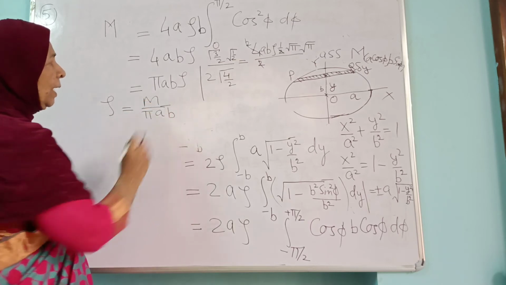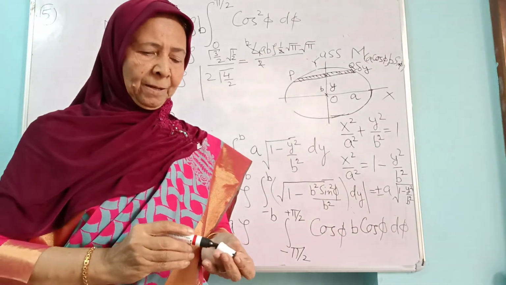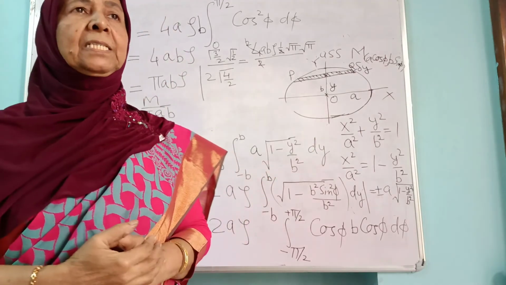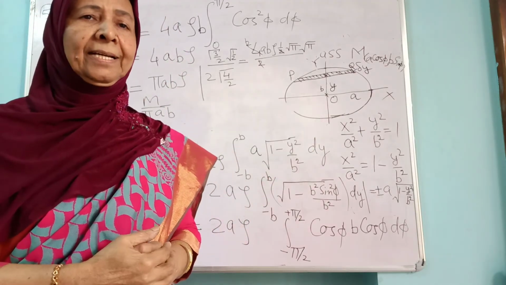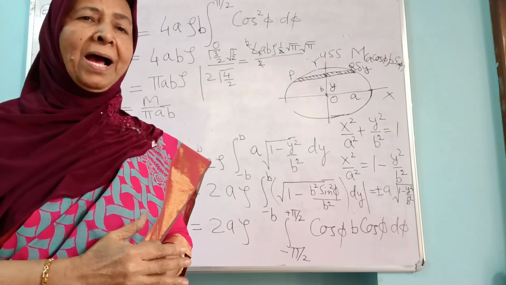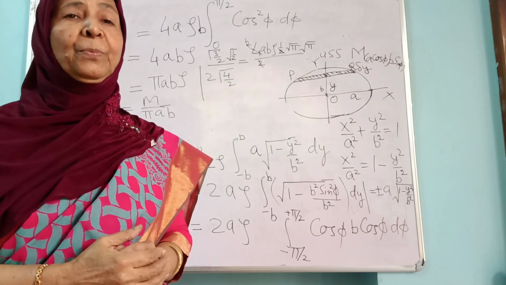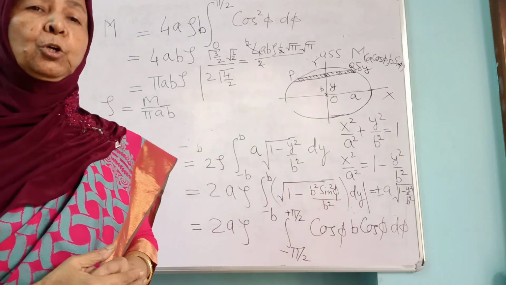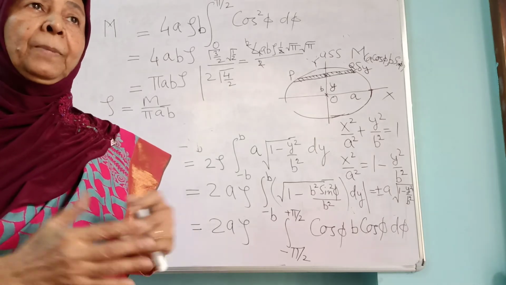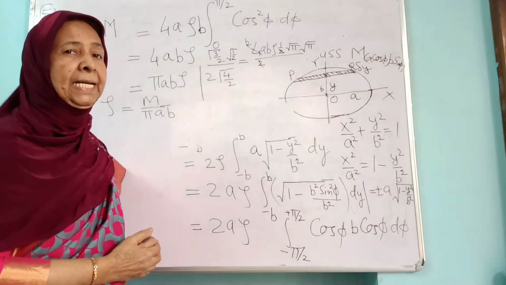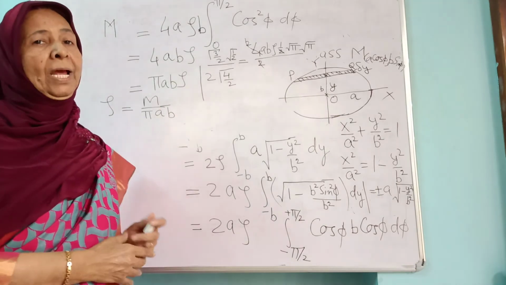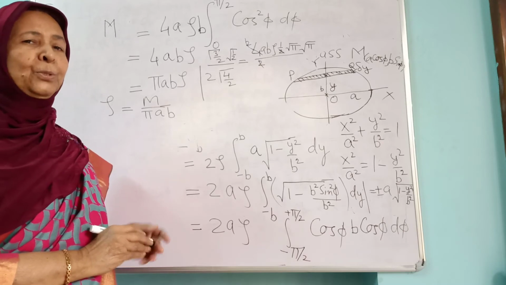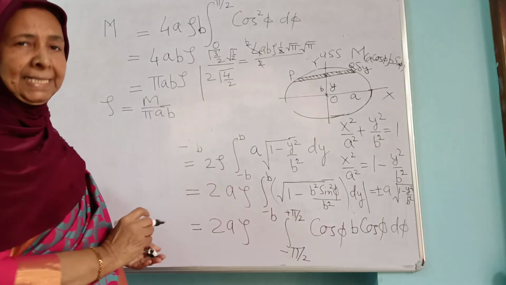Why am I calculating this density? For a small number of figures, for well-known figures, the density or mass relationship is known to all of you because you know the areas. But you will get many more questions where you won't be able to get the areas directly. So in that case you have to calculate the area, you have to calculate the density, and that is why you should know how to calculate the density.